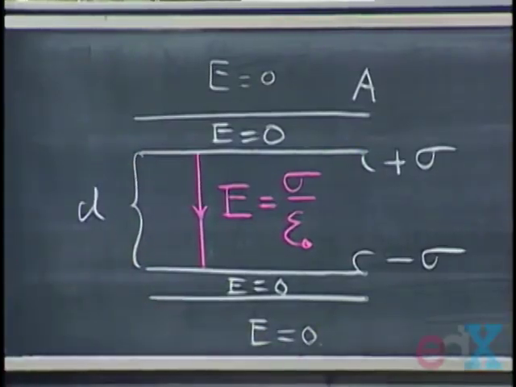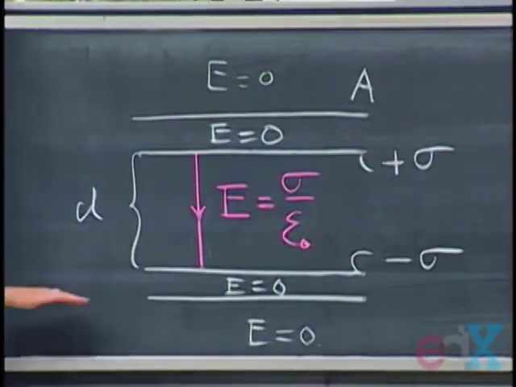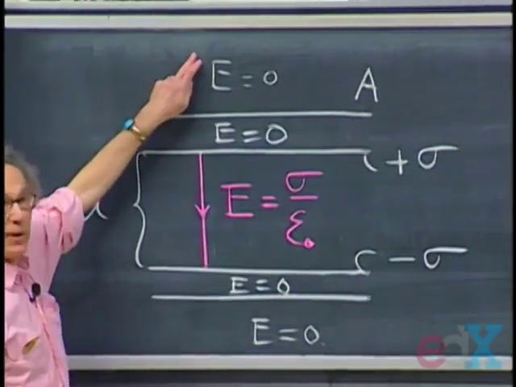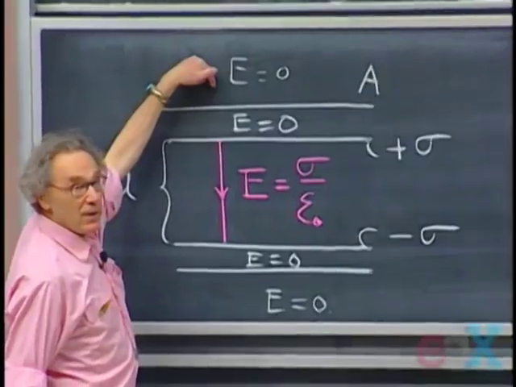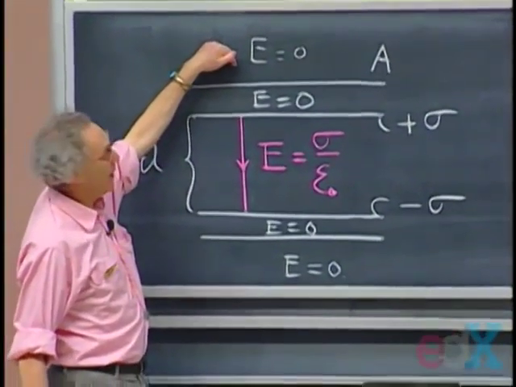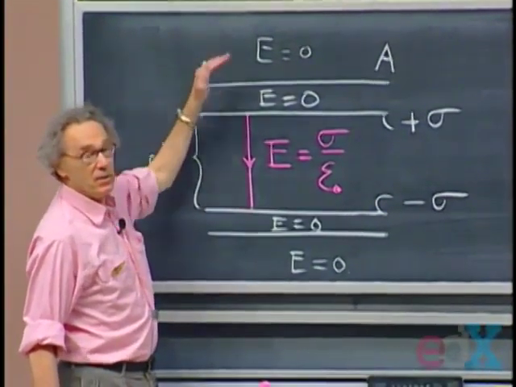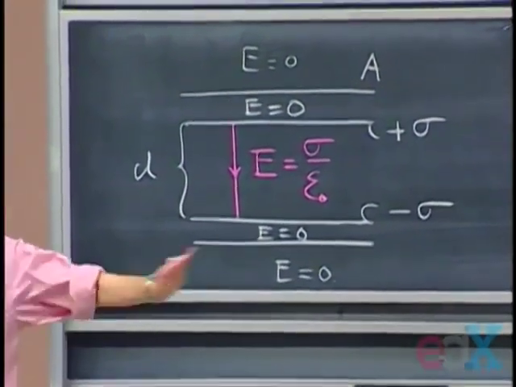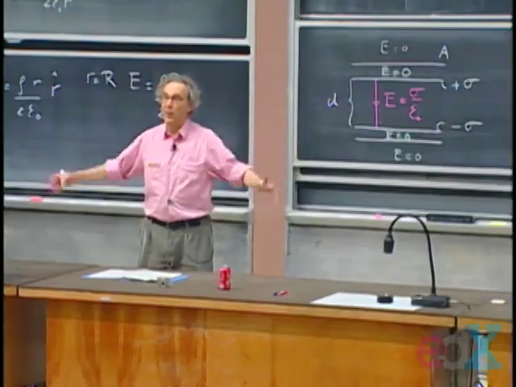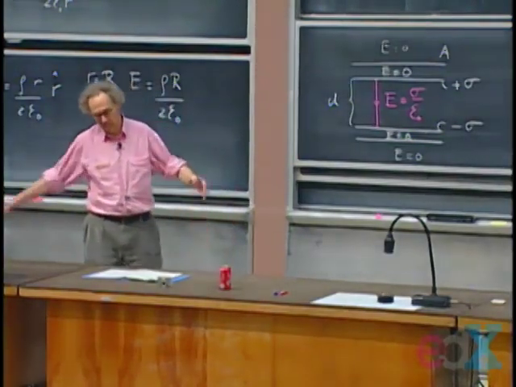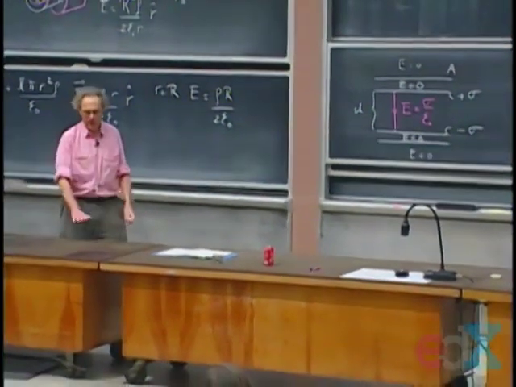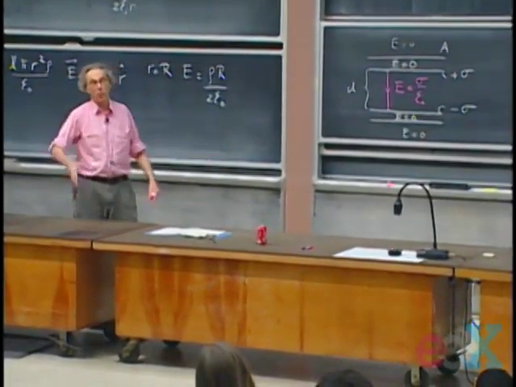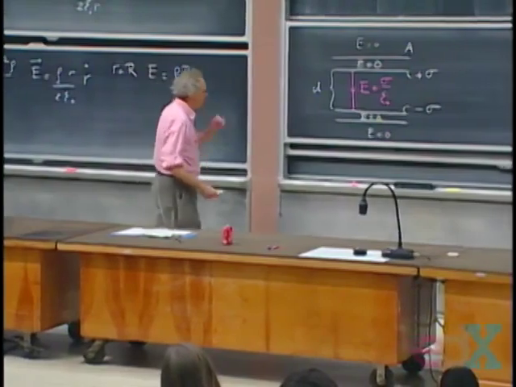We find that from the superposition principle, because this plate, which is negatively charged, will add to the electric field pointing down, and as you perhaps remember, that is independent of distance. Well, provided that you are not so far away from the plates that the dimension of the plates is going to interfere. If the plate is 10 by 10 meters, then it's fine as long as you are, say, within a few meters. But if you go 100 meters away, then it's not true anymore.